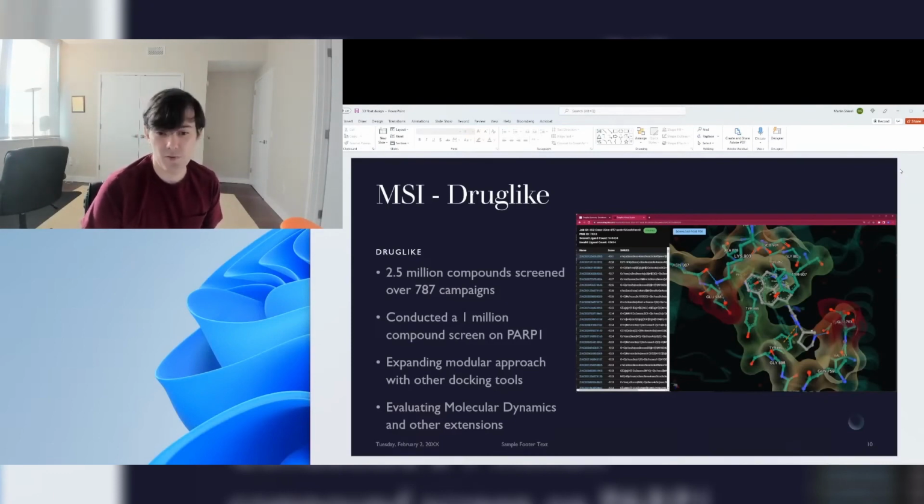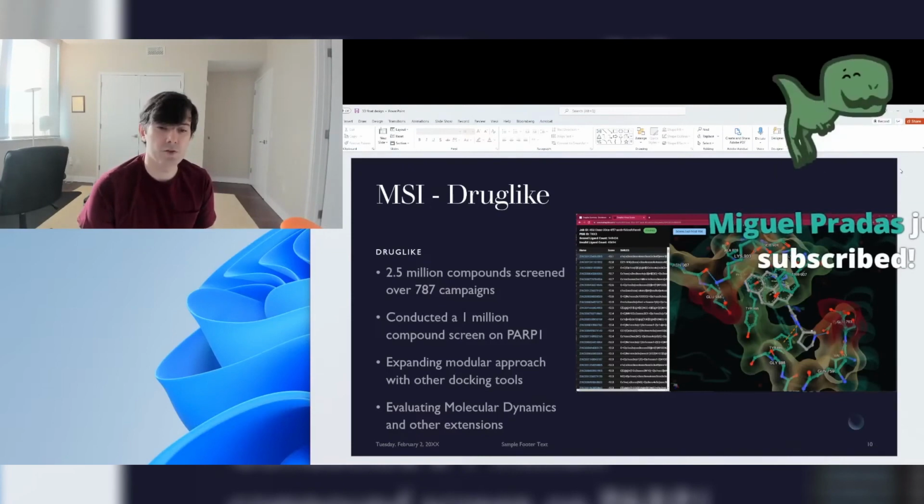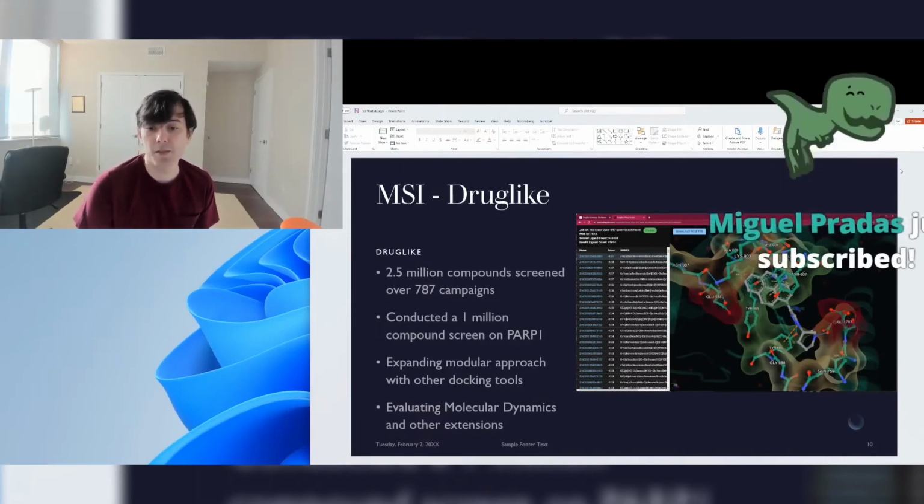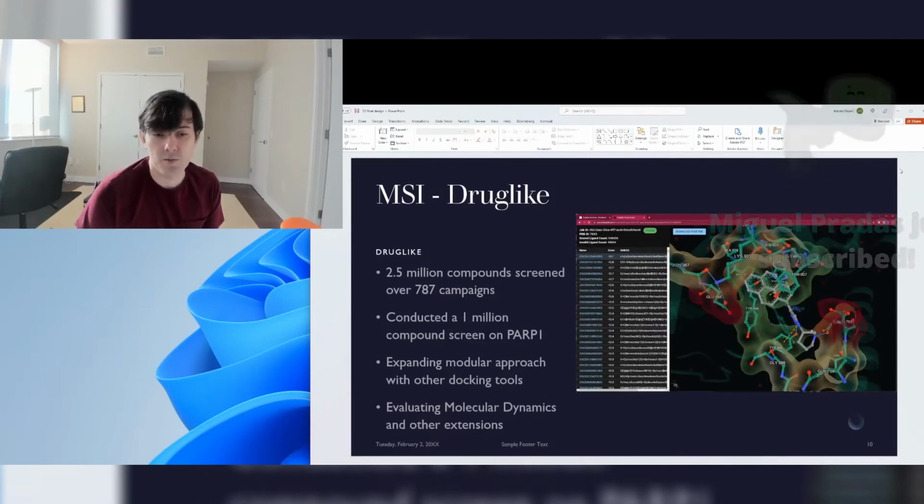For Drug-like, it has a number of values. It's MSI, it's an ERC20 token, and it's got a Telegram and all that if you want to look into it. But ultimately, there are a number of ways that you can use MSI with Drug-like. The primary way we view is payments. Eventually, we hope to have a distributed compute network where you can earn MSI for computing, or you can pay MSI to have compute done. That's a pretty classical way of thinking about one of the values of crypto.